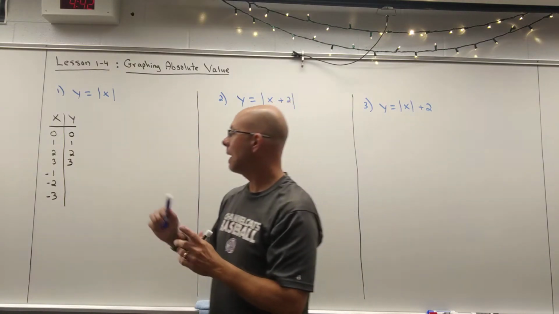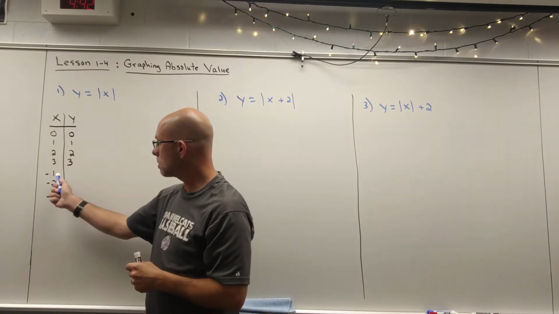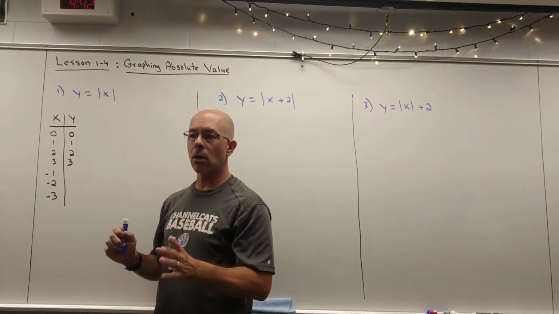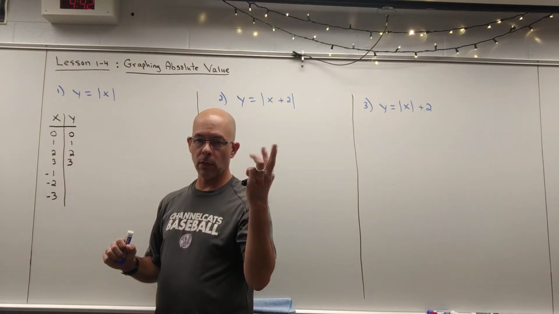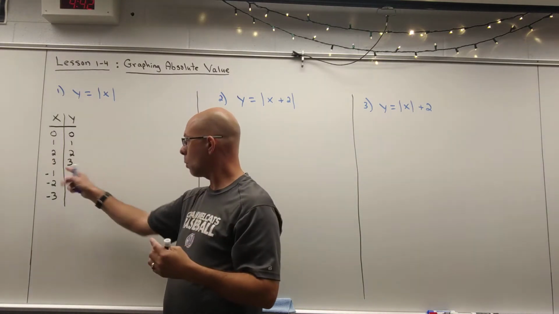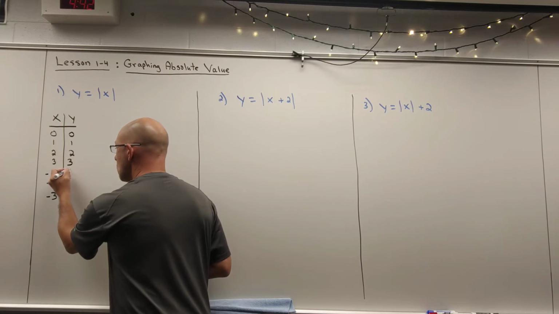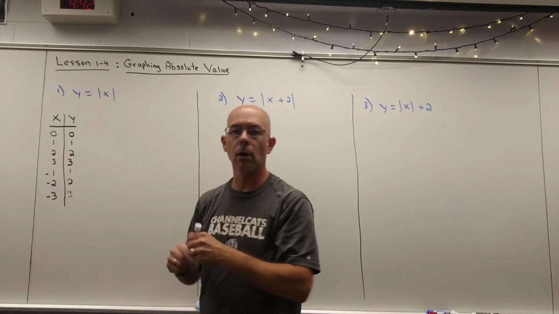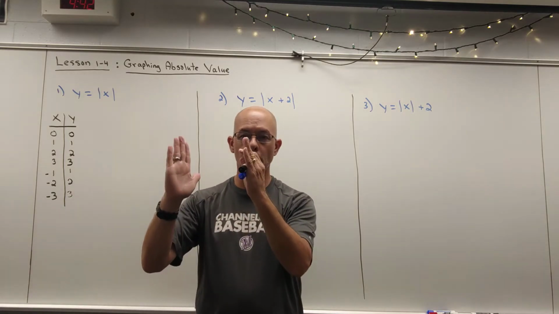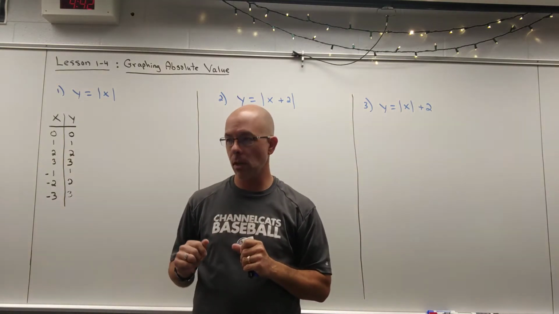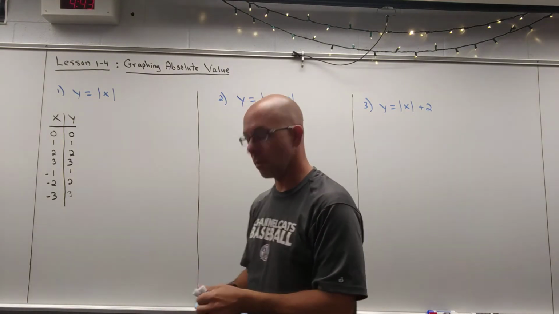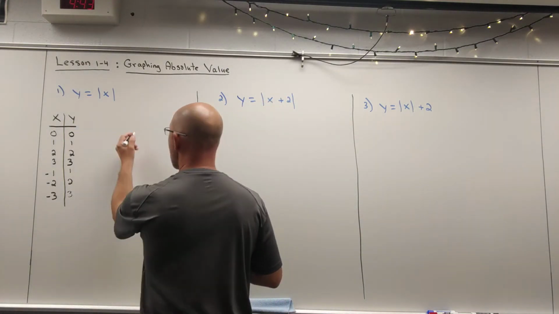It then so happens that the absolute value of -1, -2, -3 is also 1, 2, and 3, because this is 1 space away, 2 spaces away, 3 spaces away from 0, just in the other direction. They're both the exact same distance from 0, just in opposite directions, and therefore we answer positive. Now, if we plot this graph,